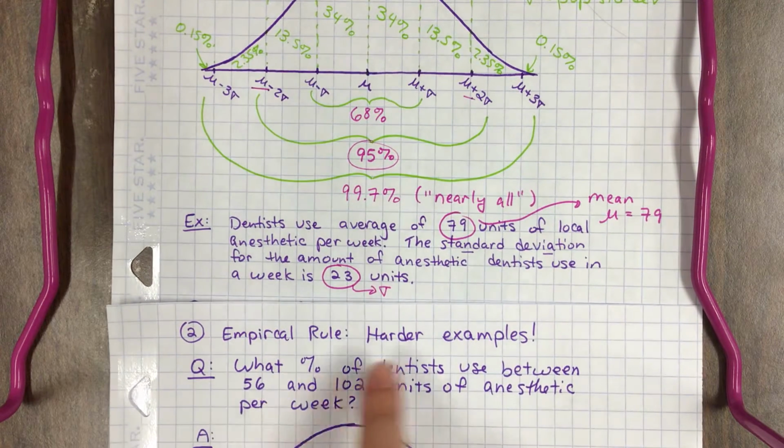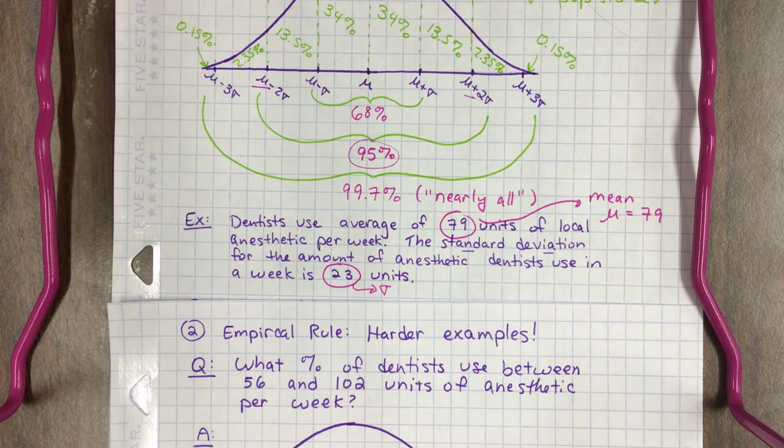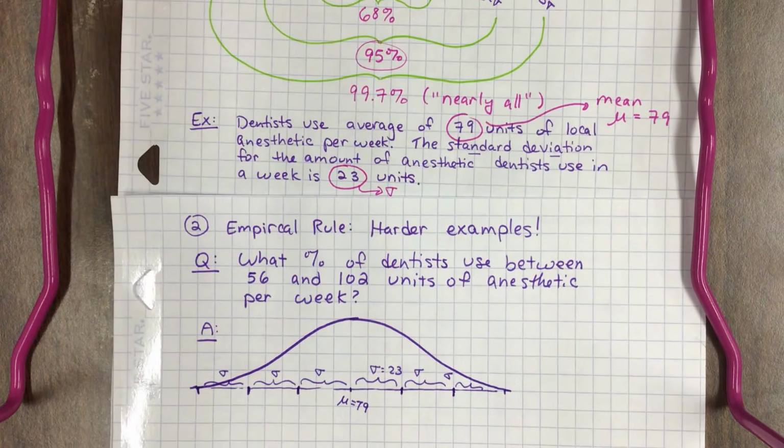I'm given a range of values, the interval from 56 up to 102, and I'm asked to find what percentage of my data, of my population, should fall within that interval. I think the easiest way to do that is probably to sketch a brand new version of my empirical rule picture,